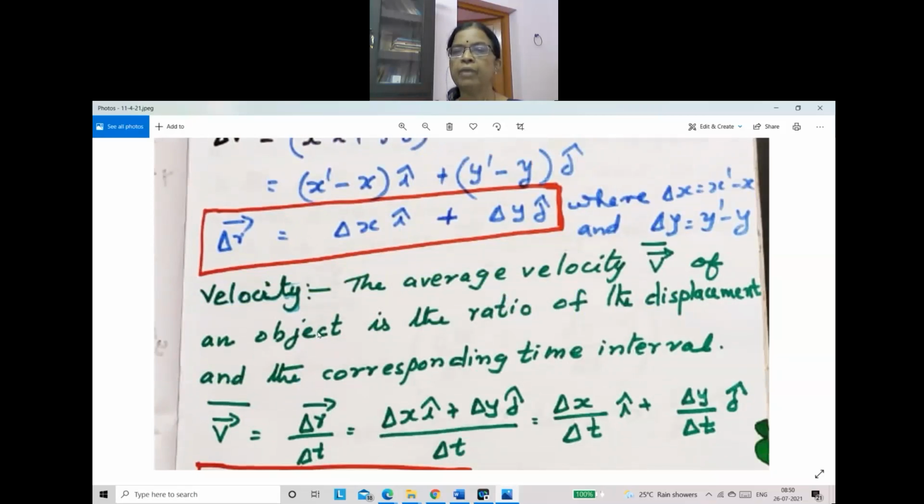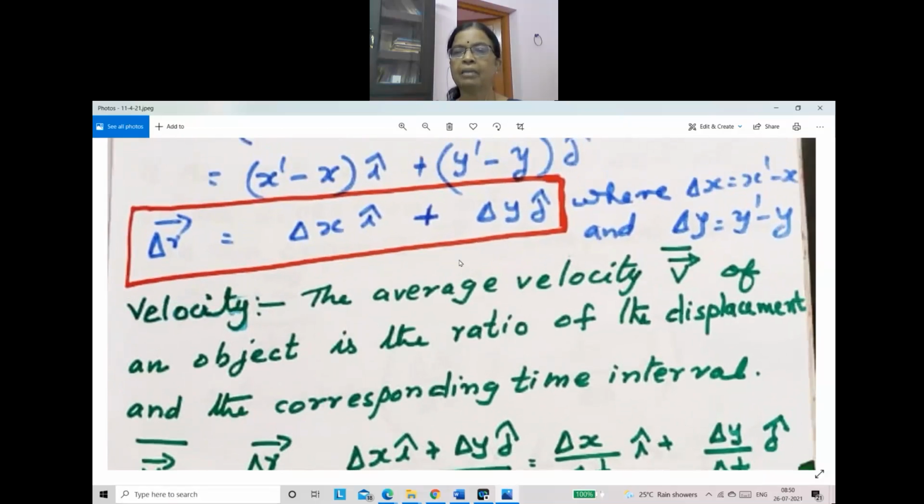Next is velocity vector. The average velocity vector. How to write average velocity? To show that, we put a bar. In motion in a plane, we have to represent vectors with a vector symbol on top of the letter. V, velocity vector, vector V. And when we put a bar over it, that means average velocity. Average velocity vector, V bar.